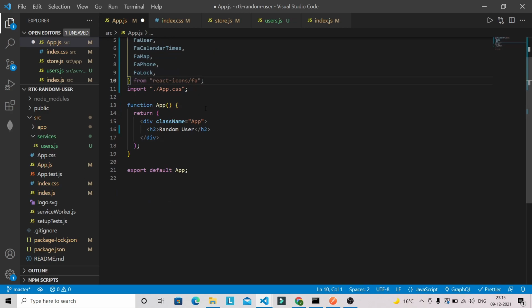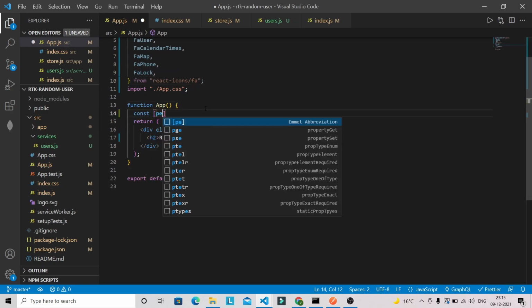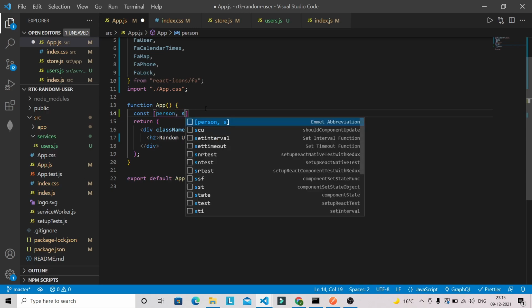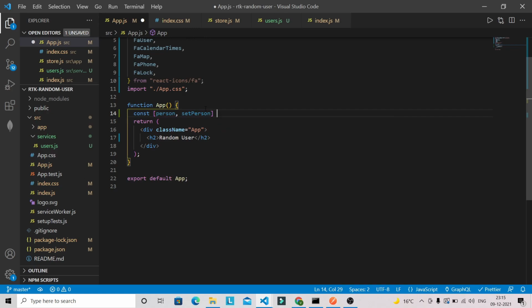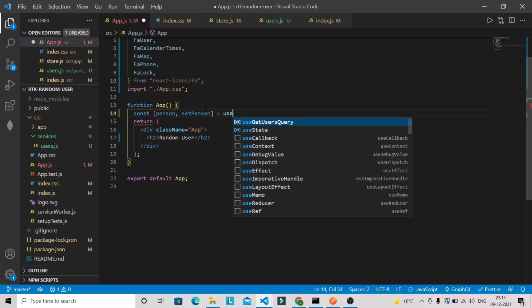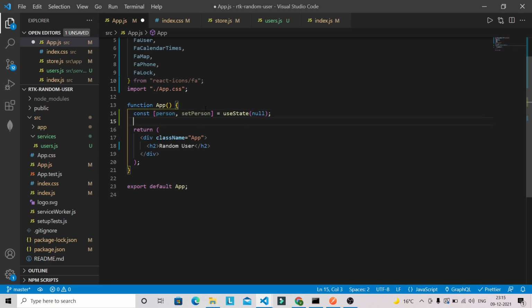And inside this app function we have to define some state. So person for setting the person. Okay, and this will be useState with the initial state being null. Let's define value, and this will be the useState with the value.